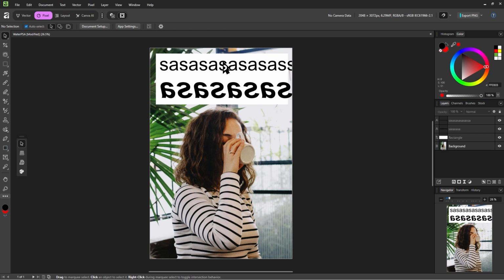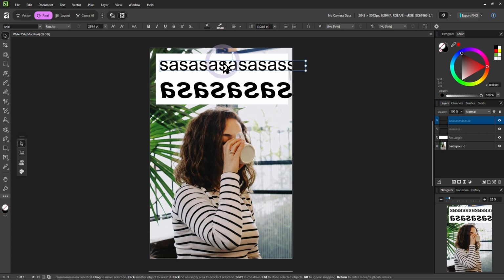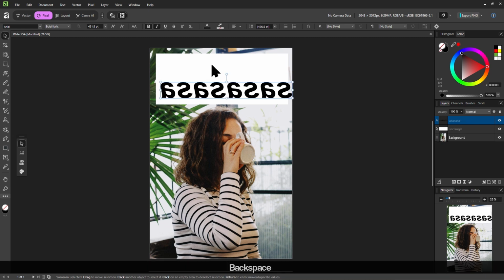We do need to place some text here that says to drink your water, but sasa isn't really, how do I say this? It's not really a message that you can interpret as the fact that drinking water is good, so you should probably do it. So we should probably click on them with the move tool to select them. Let Affinity know that you want to do something to it, which is deleting it. And then deleting it.